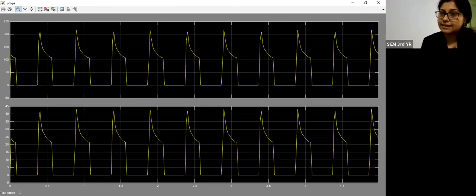So this is the voltage and this is the current. The first parameter is output voltage and the second parameter is the output current. Please draw the output voltage and the current waveform. So in the x-axis, we are selecting the time. In the y-axis, we are choosing the magnitude. So the output voltage and the output current is shown with the help of scope. If you click on that particular scope, you can see the output parameter value or waveform. That is output voltage and current waveform. You can see, so this is our output voltage and current waveform. Okay. Please draw the output voltage and current waveform.